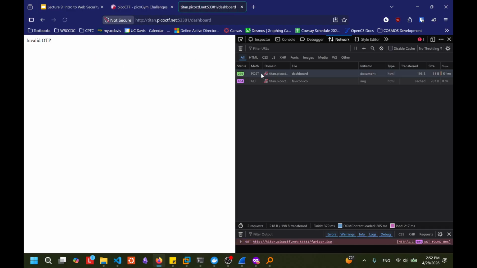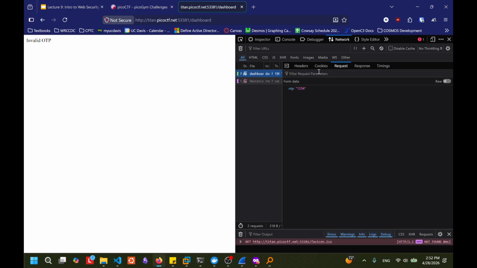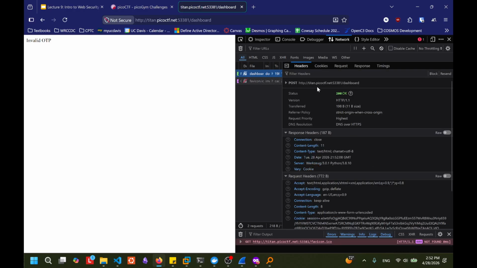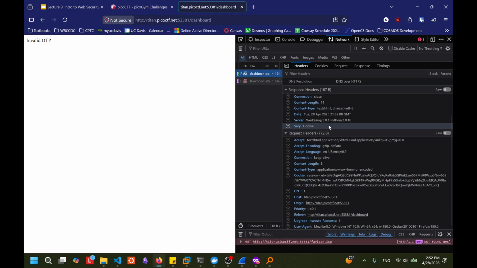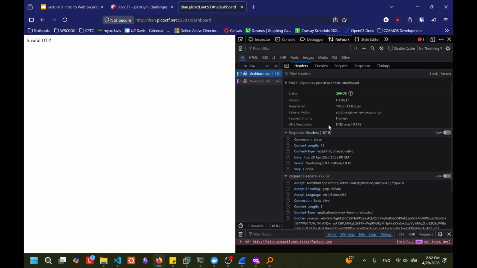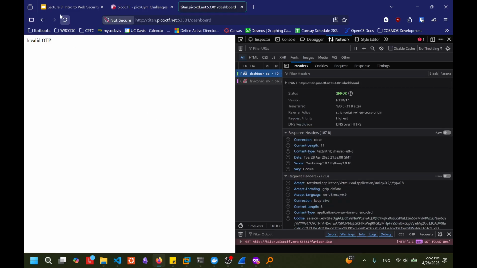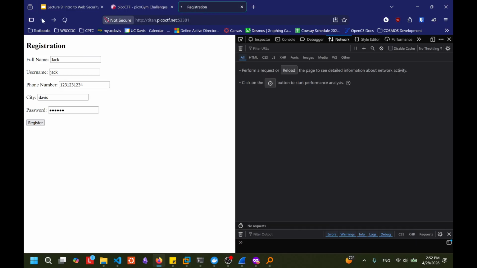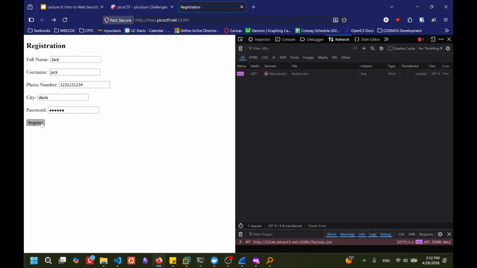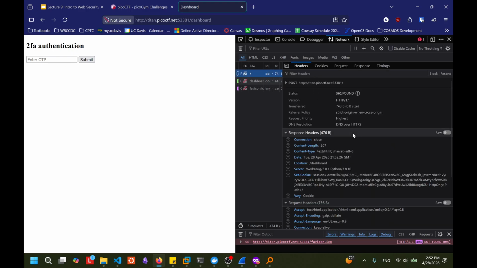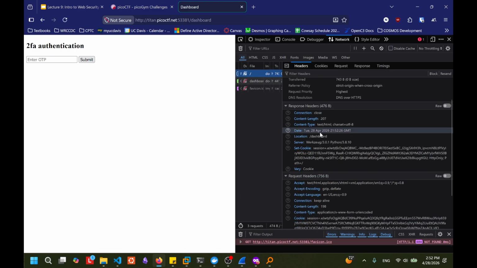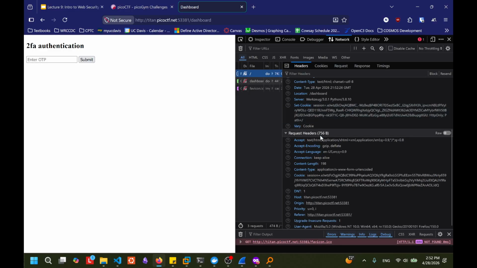Okay, submits, and then it sends OTP. What's going on here? Request headers. Is there any way to skip this one time? Because this is really annoying. Set-Cookie, request, user agent.